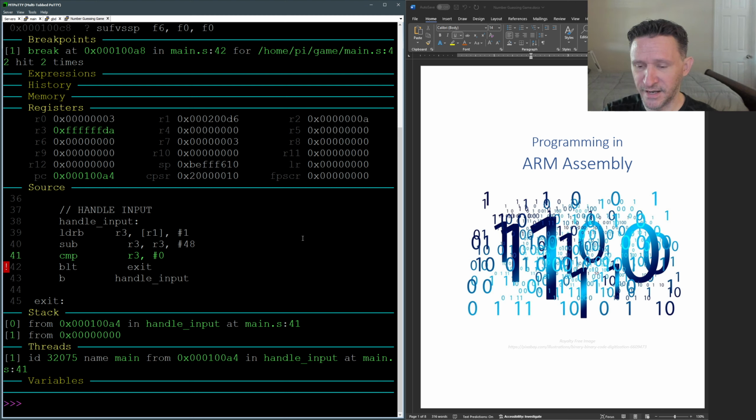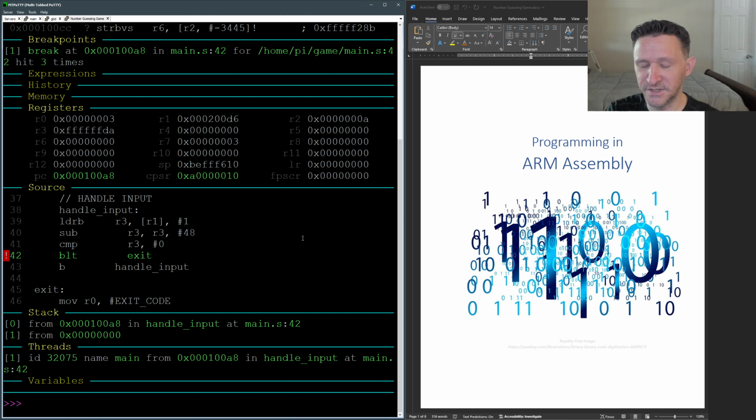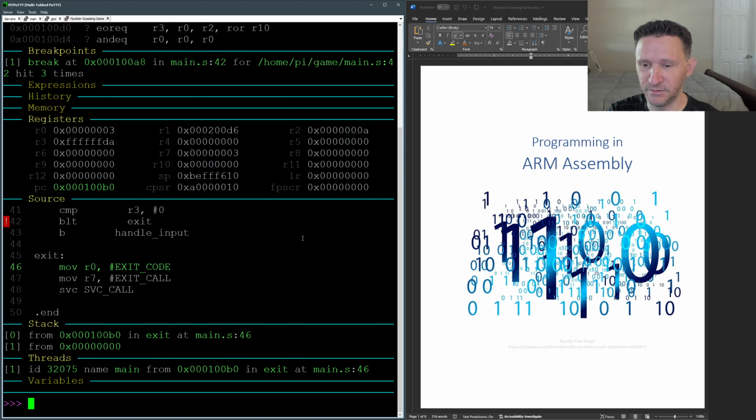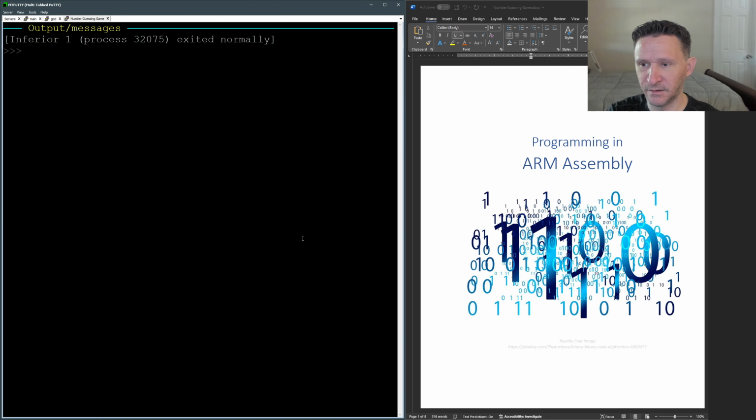Okay, and now when we step in here, since register 3 is now negative, we should branch to the exit. And we do, so let's continue through. Okay, so now we are handling